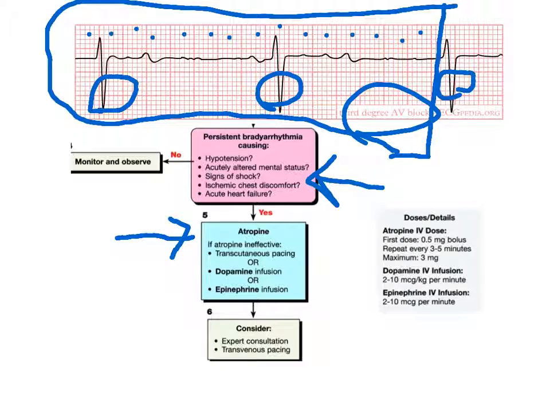Yes, it is true that external pacing is painful, but I think in our practice we're going to find that most of the patients that fall into this part of the algorithm and need us to pace them are going to have severely altered mental status. And it's not that it won't hurt, but it's that we need to get their cardiac output fixed,